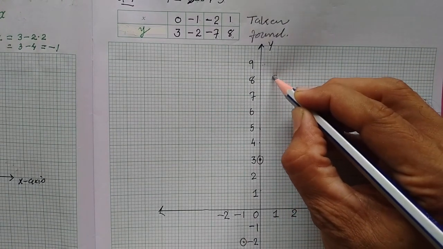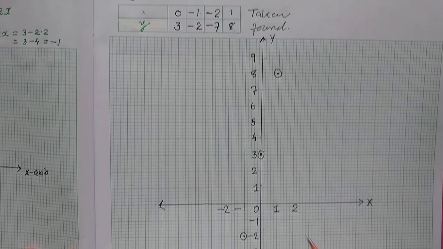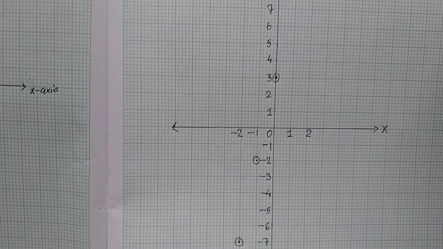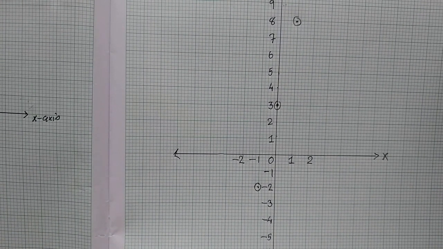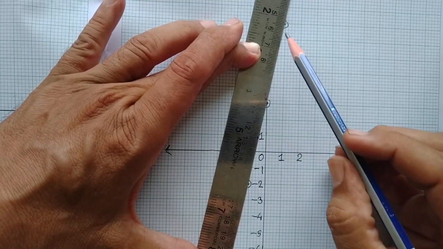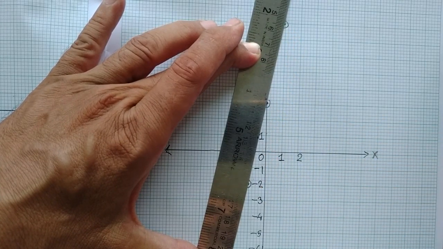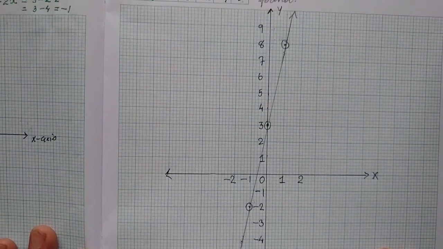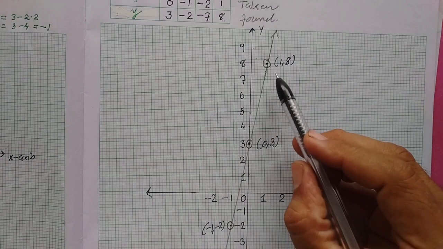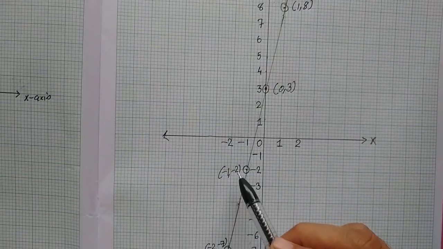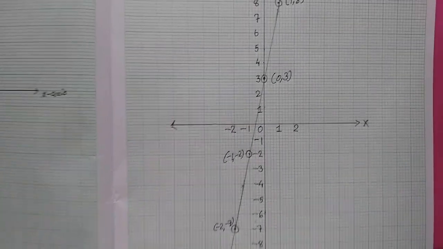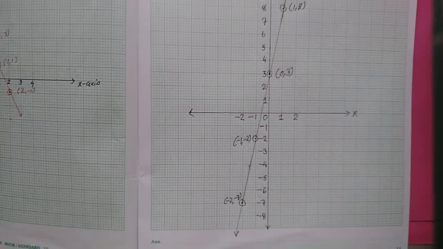So now, children, we have obtained 4 points, 1, 2, 3 and 4. Now children, here we have to draw a line passing through all 4 points. Let me draw. You can see that children, all 4 points. So here is a line passing through all 4 points. Okay. You can see children, all 4 points are passing through this line. I am trying to show you.